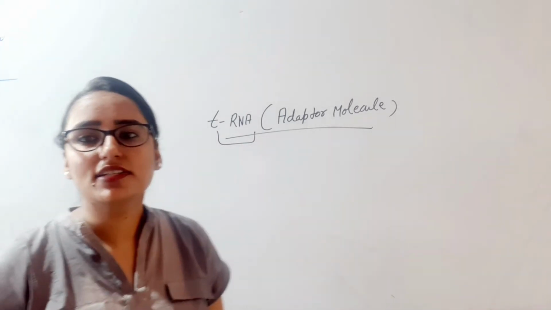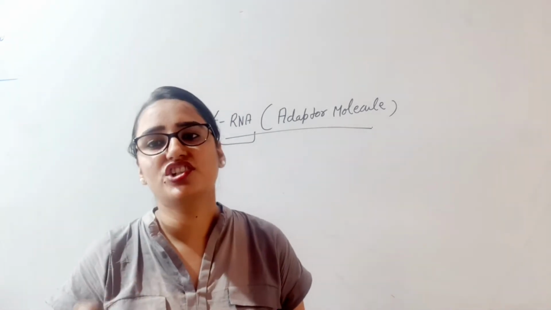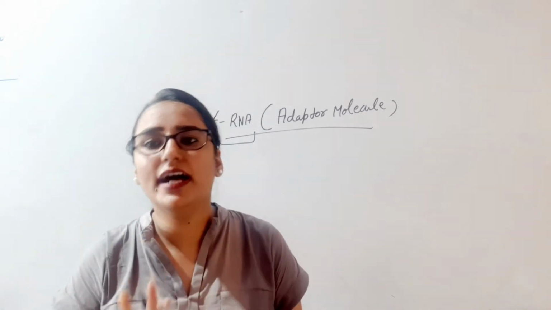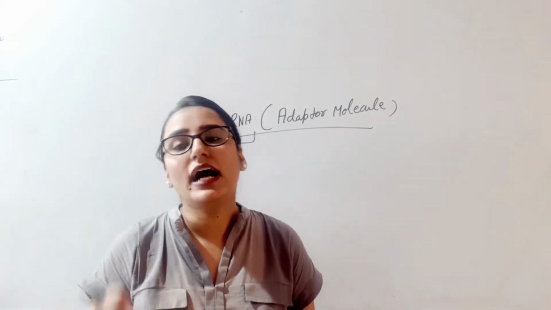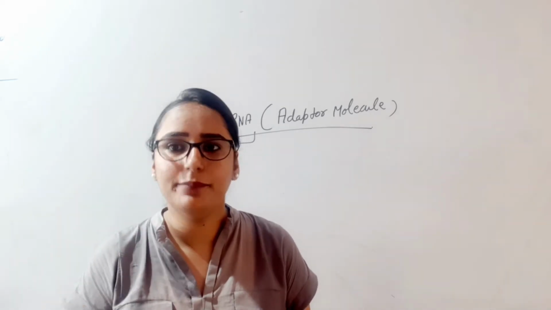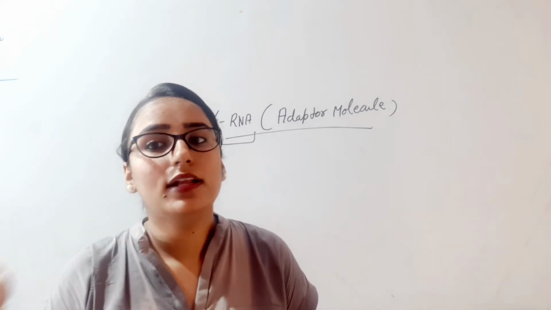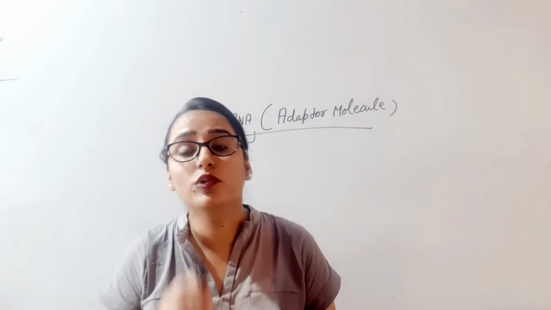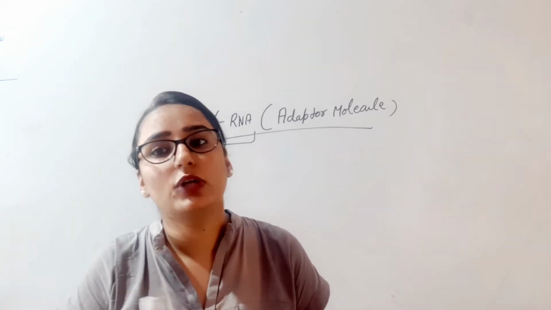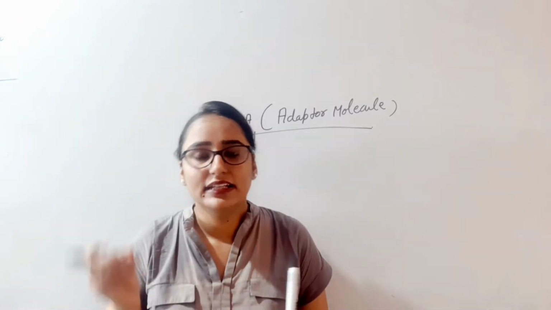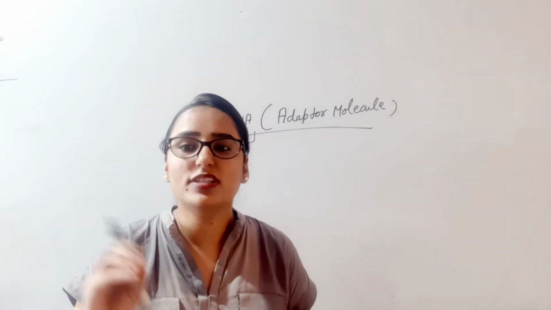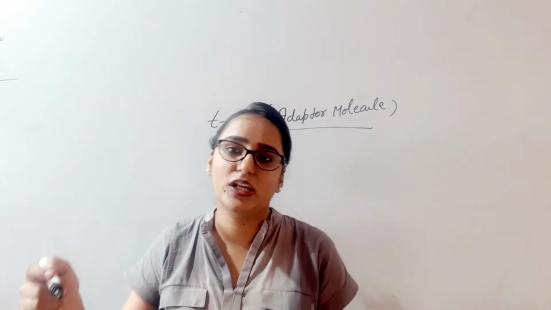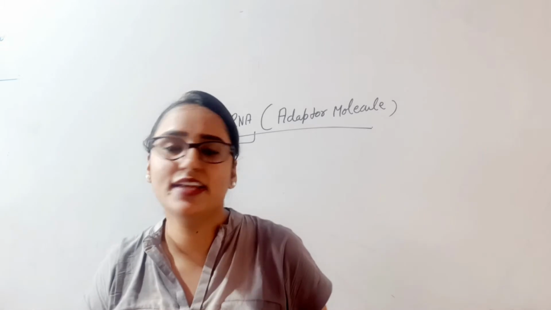As we already discussed, there is no structural link between the amino acid and the genetic code, but they are somehow indirectly related. It means a particular genetic code will code for some particular amino acid, but that amino acid has no specialty to check that particular codon. So there must be some mediator or adapter molecule which will link that particular amino acid to the codon for which that amino acid is coded.